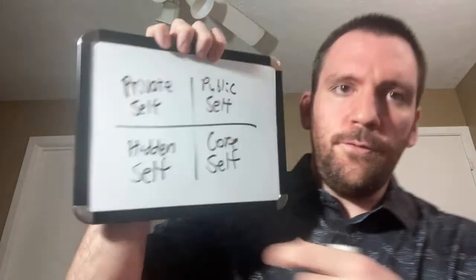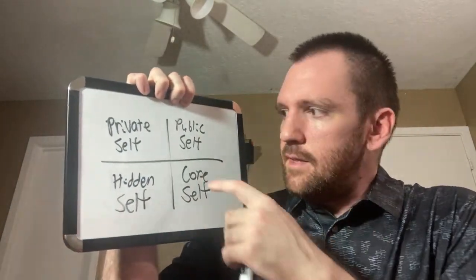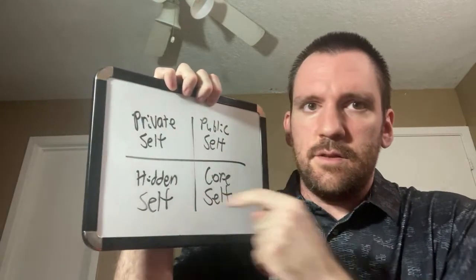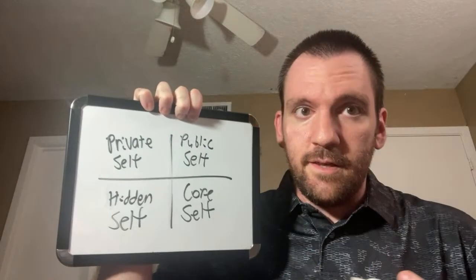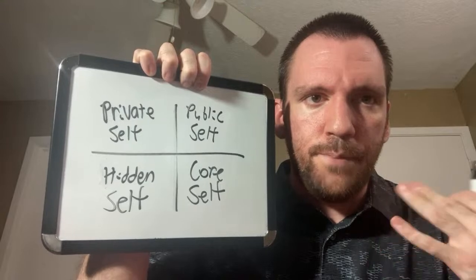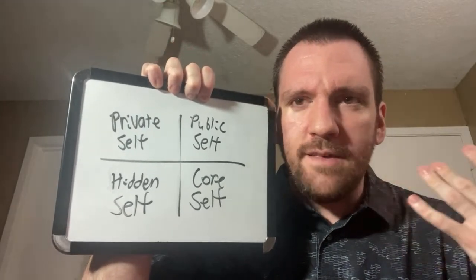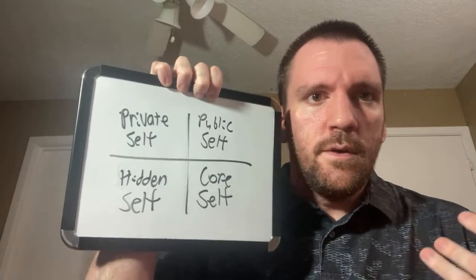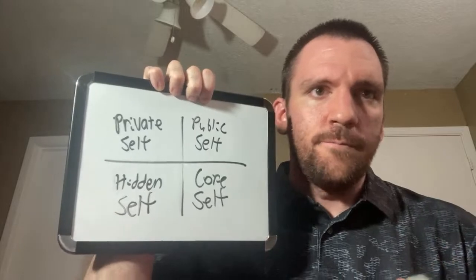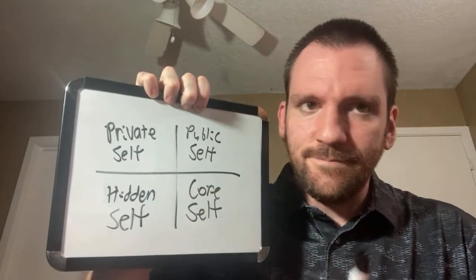Okay. So the 4 selves, the public, the private, the core, and the hidden. This is what's known, this is what's unknown, this is to the public, and this is to the self. The public self is basically what the character tries to display to other people. It's how the character acts when in front of people who aren't necessarily in their friend groups. It's the social mask the character wears. So how does your character behave out in public?